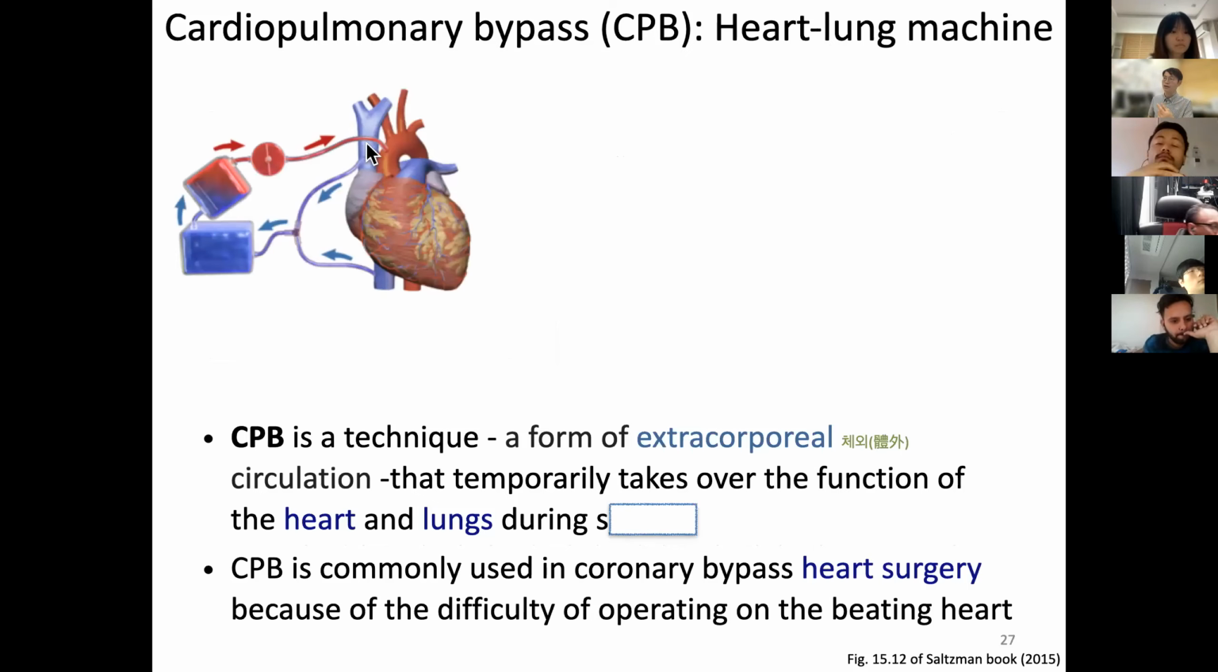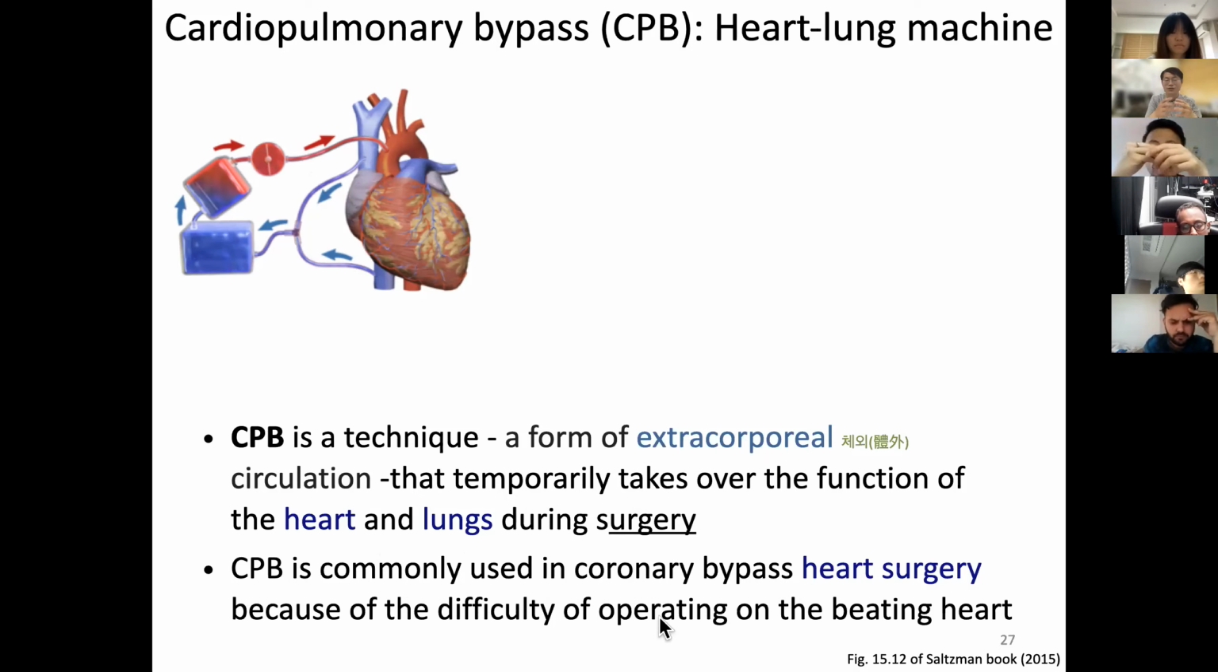So you have to take out the inferior and superior vena cava to take out the deoxygenated blood. You have to reoxygenate, which is the lungs' function, but you have to push it into the aorta, so you need a pump. So this is the heart-lung machine, okay? CPB is a form of extracorporeal circulation that temporarily takes over the function of the heart and lung during the surgery. And this cardiopulmonary bypass is commonly used in CABG, or coronary bypass heart surgery, because it's very